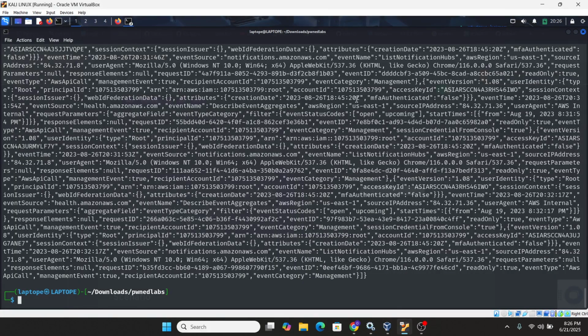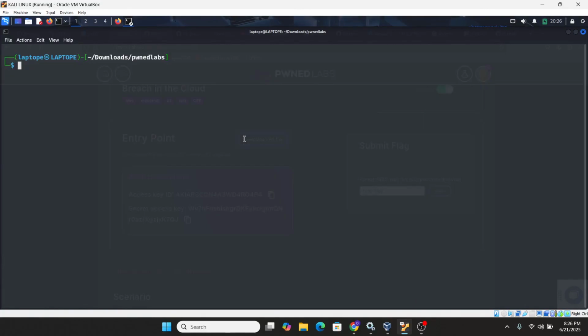But we want to make sure that the log is arranged in a readable format. As it is right now, it's not easy to read or go through. So what you are going to do now is cat that as well. I just use my up arrow key to bring up the last command. So pipe. Remember we installed JQ. This JQ will help us to format